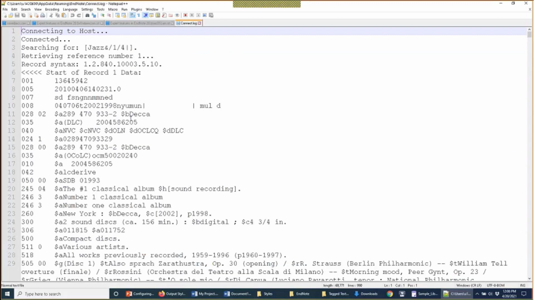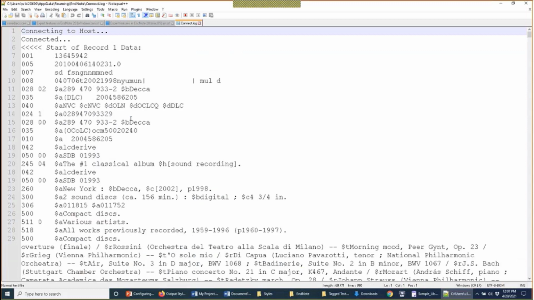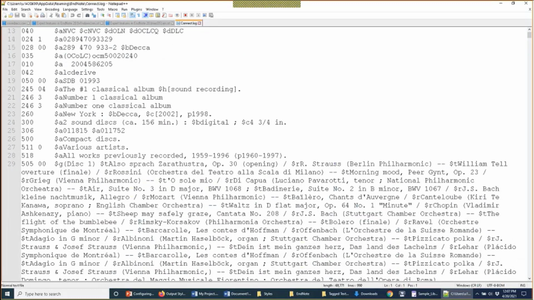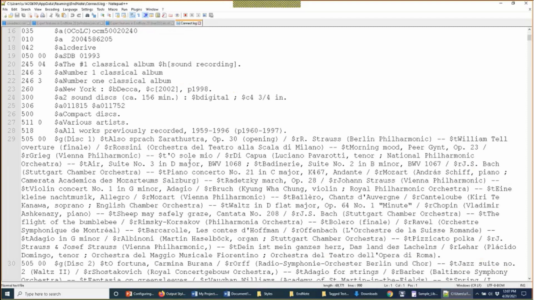If I open that with a text editor, we can actually see the communication from EndNote to the remote database. Like I mentioned, if there was some sort of error, sometimes the connect log file will let us know. That will clue us in as to why EndNote's not establishing a connection successfully. And we can also see the raw data that's being transmitted by that remote database, so that if for some reason some information is coming in incorrectly, there may be some trouble with how we've got the data laid out in the connection file, or maybe they've tweaked the format of their data and we need to update the connection file. So not much for an average end user to do here,